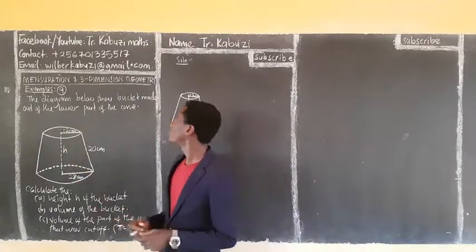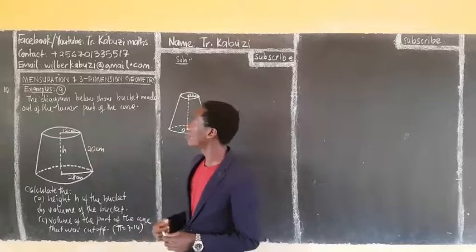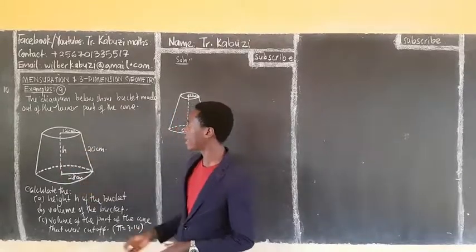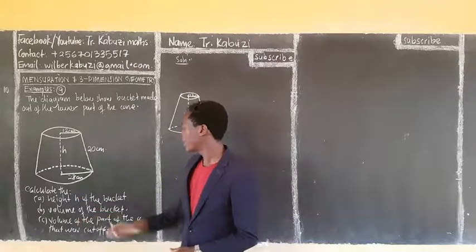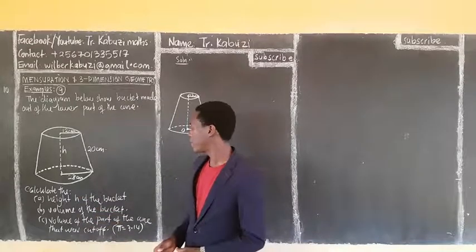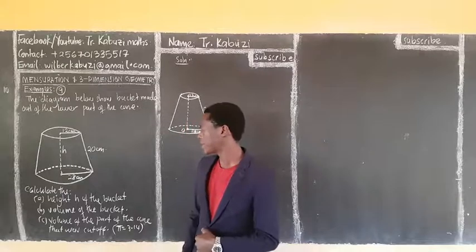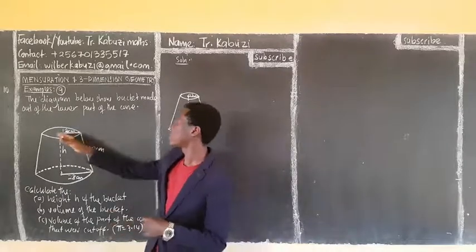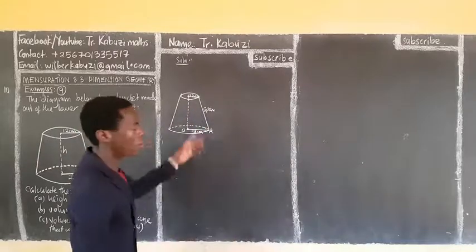Now, the diagram below shows a bucket made out of the lower part of a cone. So this is the bucket, this is the height, this is the slanting side of the bucket. Calculate the height of the bucket, the volume of the bucket, and then they are telling us to get the volume of the cone that was cut off. Now, when they give you that, you start by